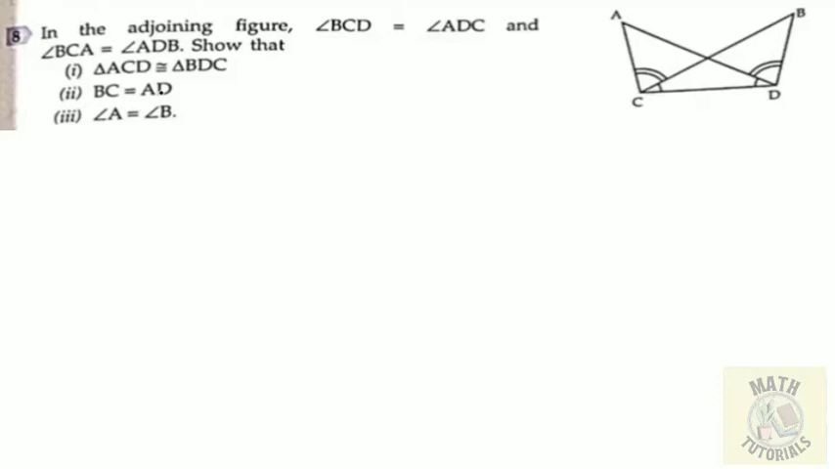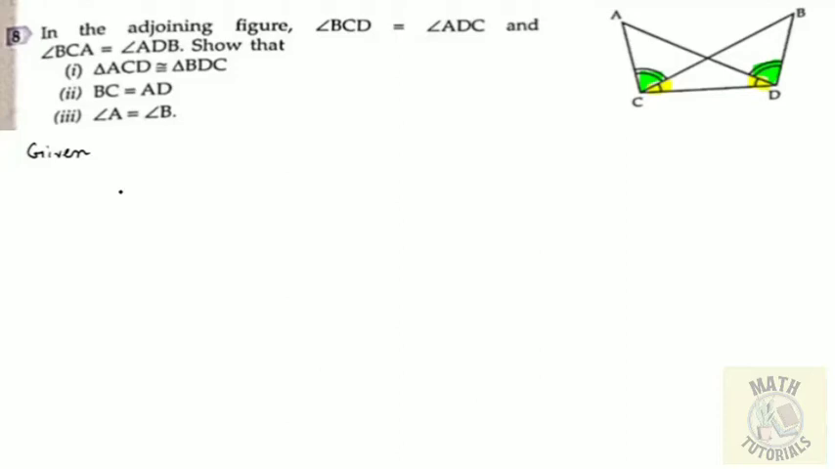Here it is said that angle BCD, this angle, is equal to angle ADC, this portion, and angle BCA, this portion, is equal to angle ADB. Now you can see if we add these two angles and these two angles, then the total whole angle will be equal. Now here it is given in the problem that